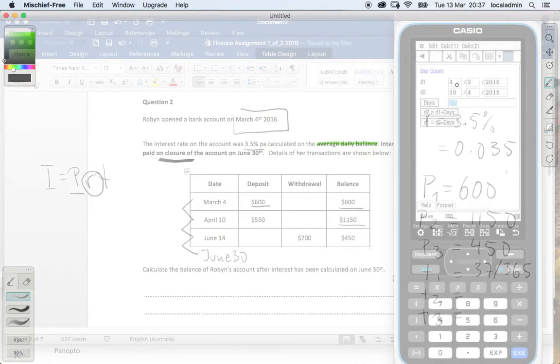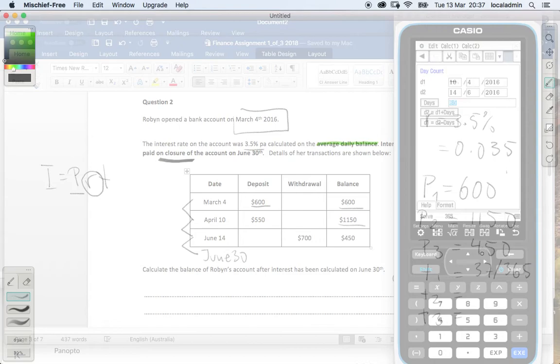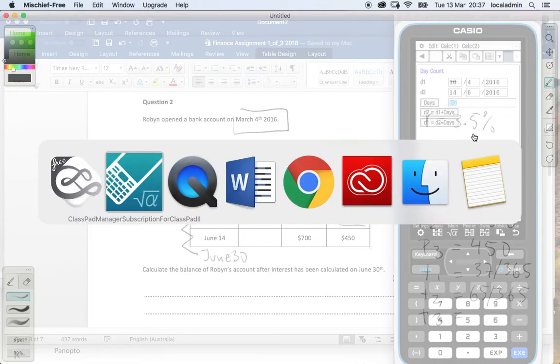So let's go here. Now we are going from the 10th of April to this June 14th. June is the 6th month of the year, so that's 65 days. Let's go back here. T2 is 65 days over 365. And last but not least,